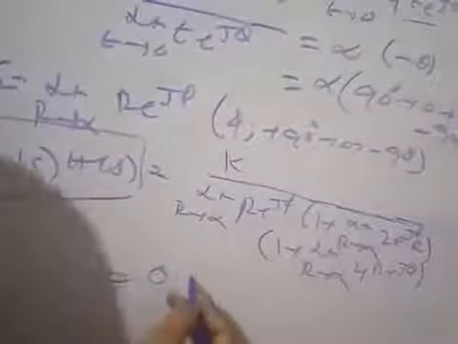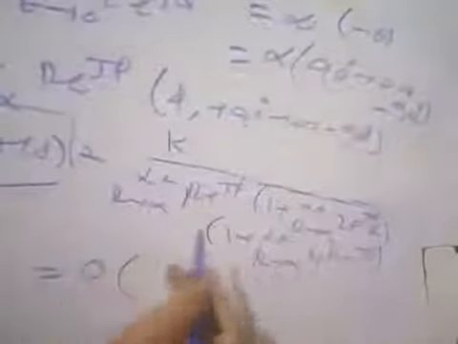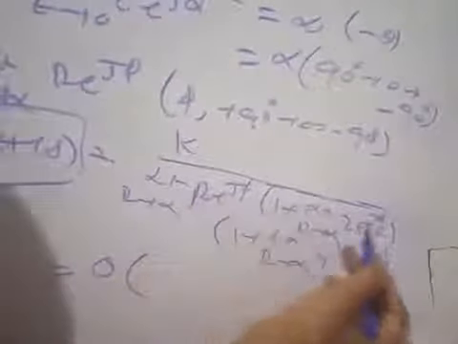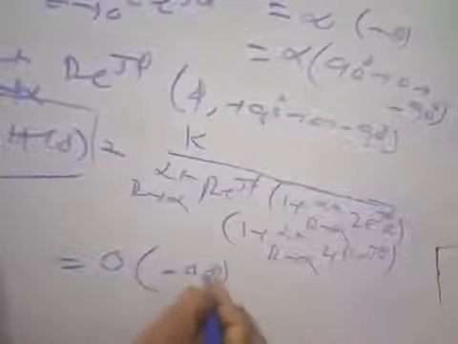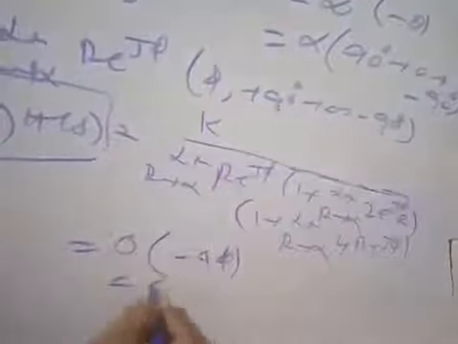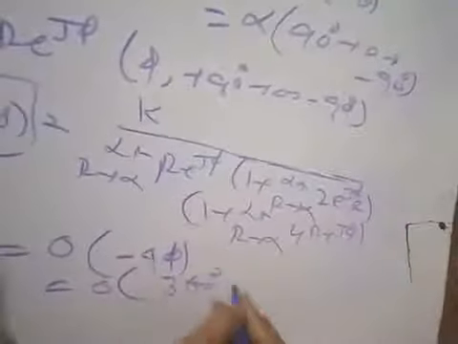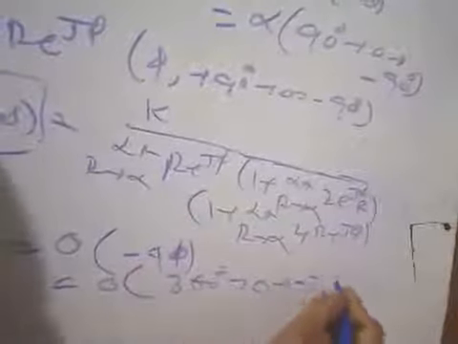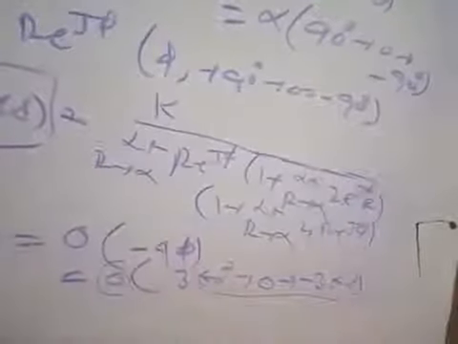So what about the phase? The phase in the numerator you will get 0, and in the denominator, if you multiply all these terms, you will get e to the power 4 phi. So this is equal to minus 4 phi, right? As phi varies from plus 90 degrees to 0 to minus 90 degrees, this can be written as 4 into 90 degrees, that means 360 degrees to 0 to minus 360 degrees. As the magnitude is 0, no matter what the phase is.